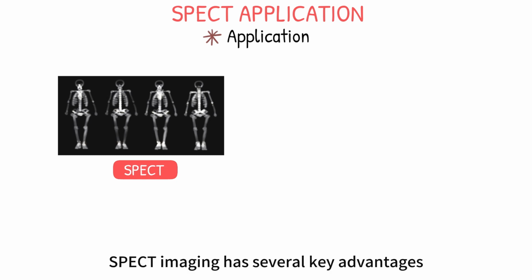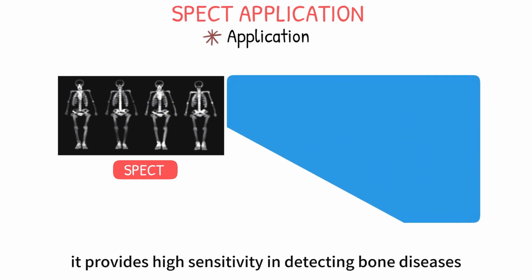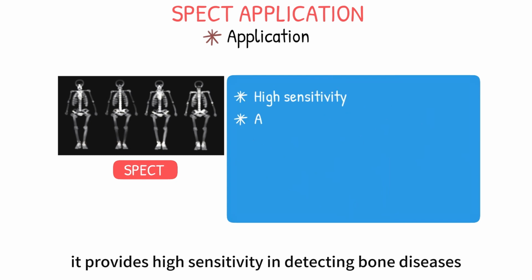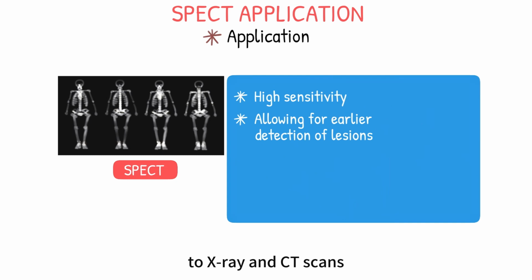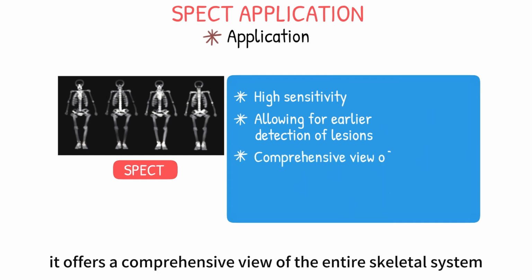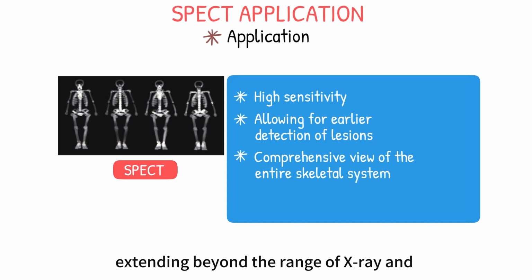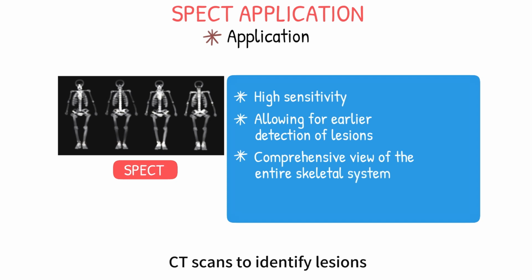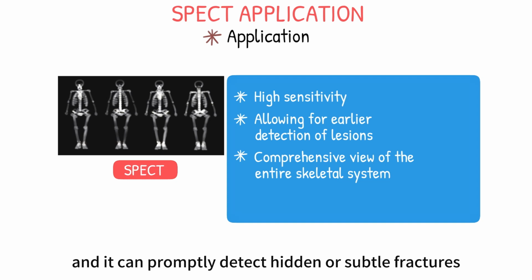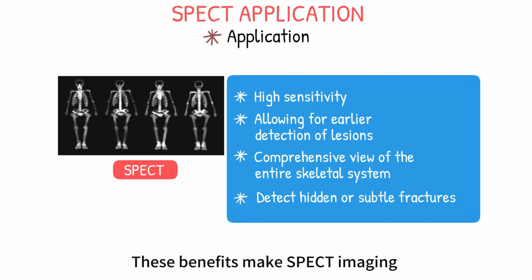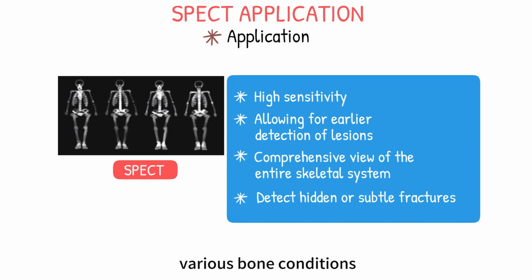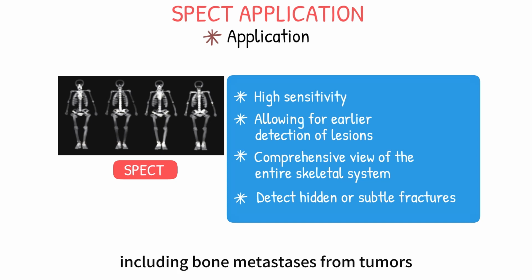SPECT imaging has several key advantages. It provides high sensitivity in detecting bone diseases, allowing for earlier detection of lesions compared to X-ray and CT scans. It offers a comprehensive view of the entire skeletal system, extending beyond the range of X-ray and CT scans to identify lesions. And it can promptly detect hidden or subtle fractures that may be missed by initial X-ray and CT scans. These benefits make SPECT imaging valuable in diagnosing various bone conditions, including bone metastasis from tumors and monitoring treatment